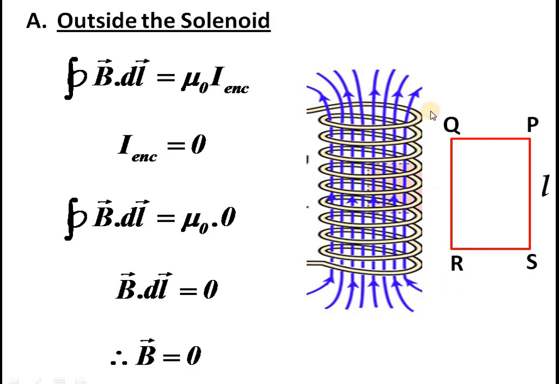That means outside involves only this central area. You cannot take the edges. At the edges there will obviously be a magnetic field, so you cannot count the edges as the outside field, only the interior. That is why we assume that the solenoid is very long. Then only can we get such a result. In the case of a long solenoid, this region will be devoid of any magnetic field, free of any magnetic field. So in that case, B will be 0. This is the first case, outside the solenoid.